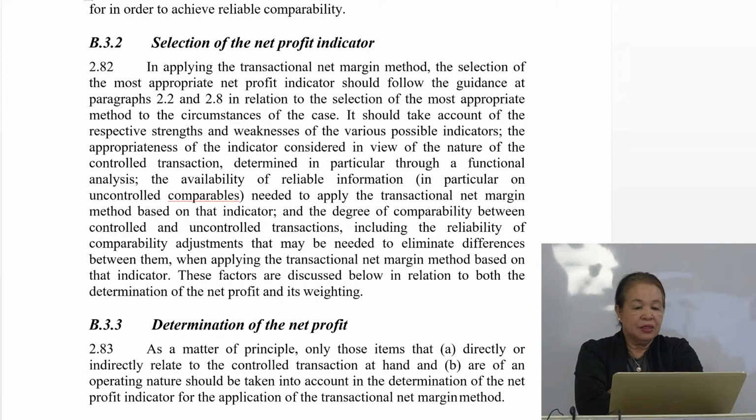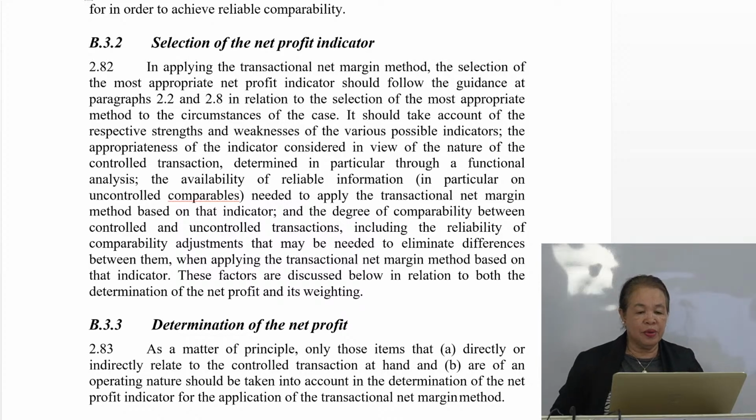Okay. So in applying the transactional net margin method, the selection of the most appropriate net profit indicator should follow the guidance at paragraphs 2.2 and 2.8 in relation to the selection of the most appropriate method to the circumstances of the case. So, it should take account of the respective strengths and weaknesses of the various possible indicators, the appropriateness of the indicator considered in view of the nature of the controlled transaction. No? So determine in particular